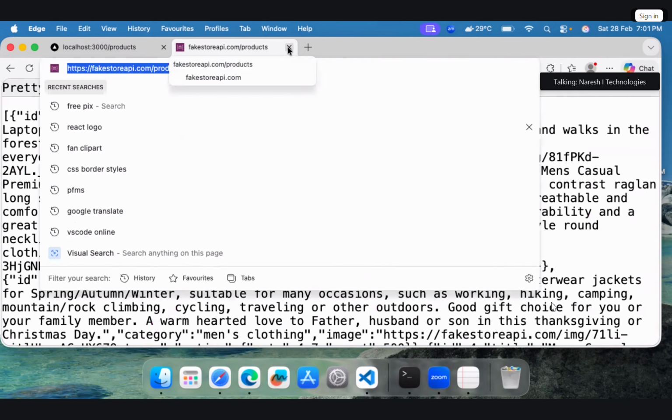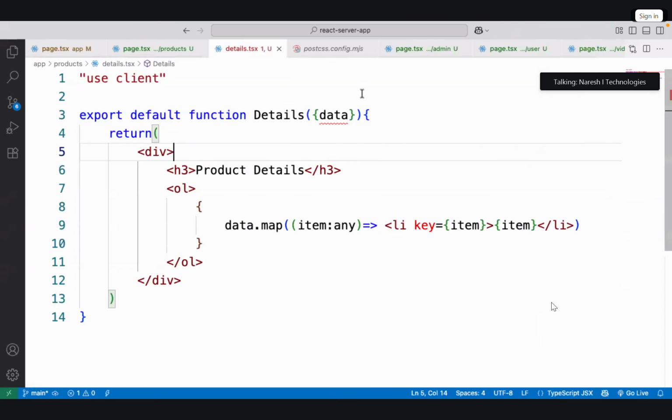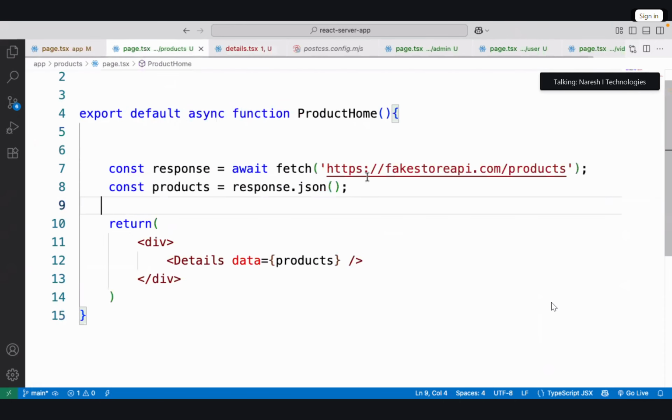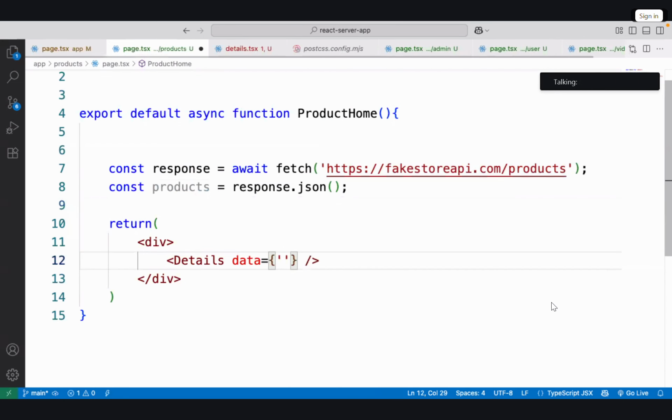Fake store data is coming fine. Okay, I will just put here, suppose data is some high, that is the data.